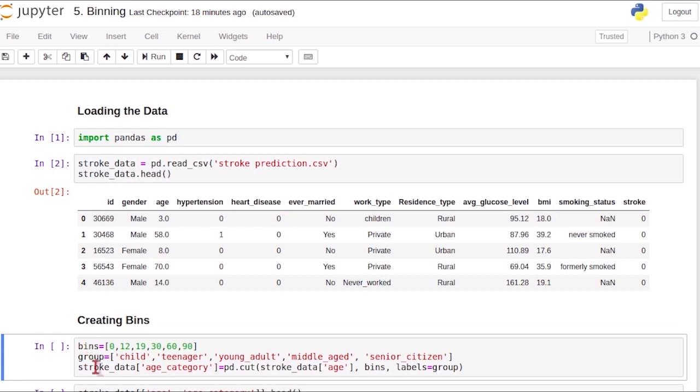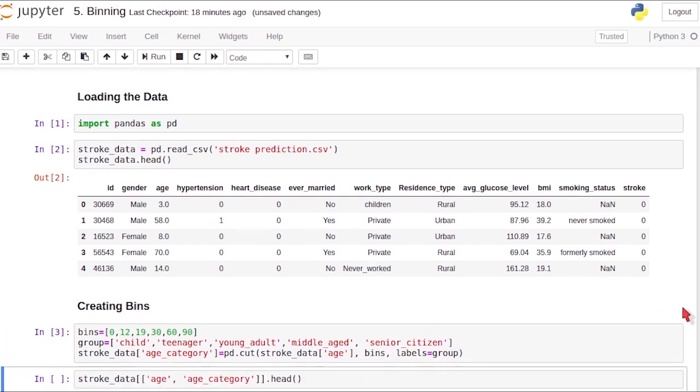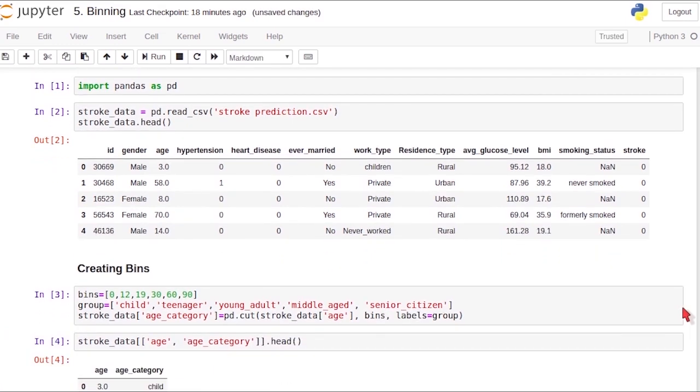Finally, we've created a new variable, age_category, and we use the pd.cut function to bin the continuous values into categories. We give the variable age as input, and along with that we have specified the bin edges and the labels or the names for each group. So I'm going to go ahead and run this code block, and let's look at the first 5 rows.